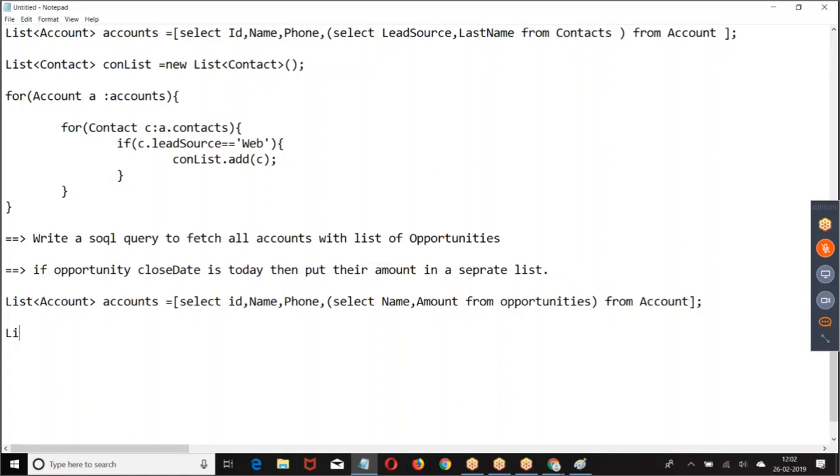So I want the opportunity amount to be separate. If you want the amount to be separate, then how do you take it? For account A in accounts, one by one account we are taking. For every account we are taking opportunity.